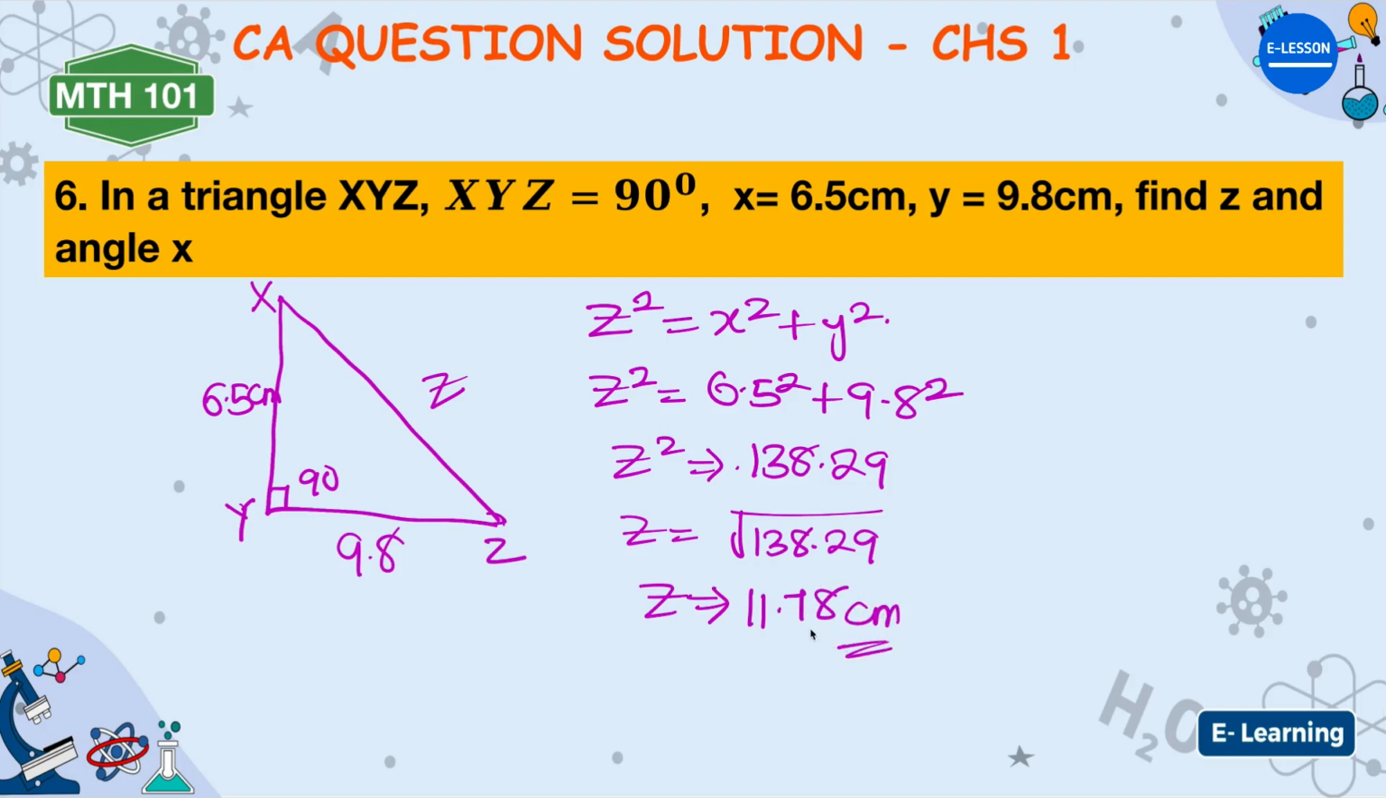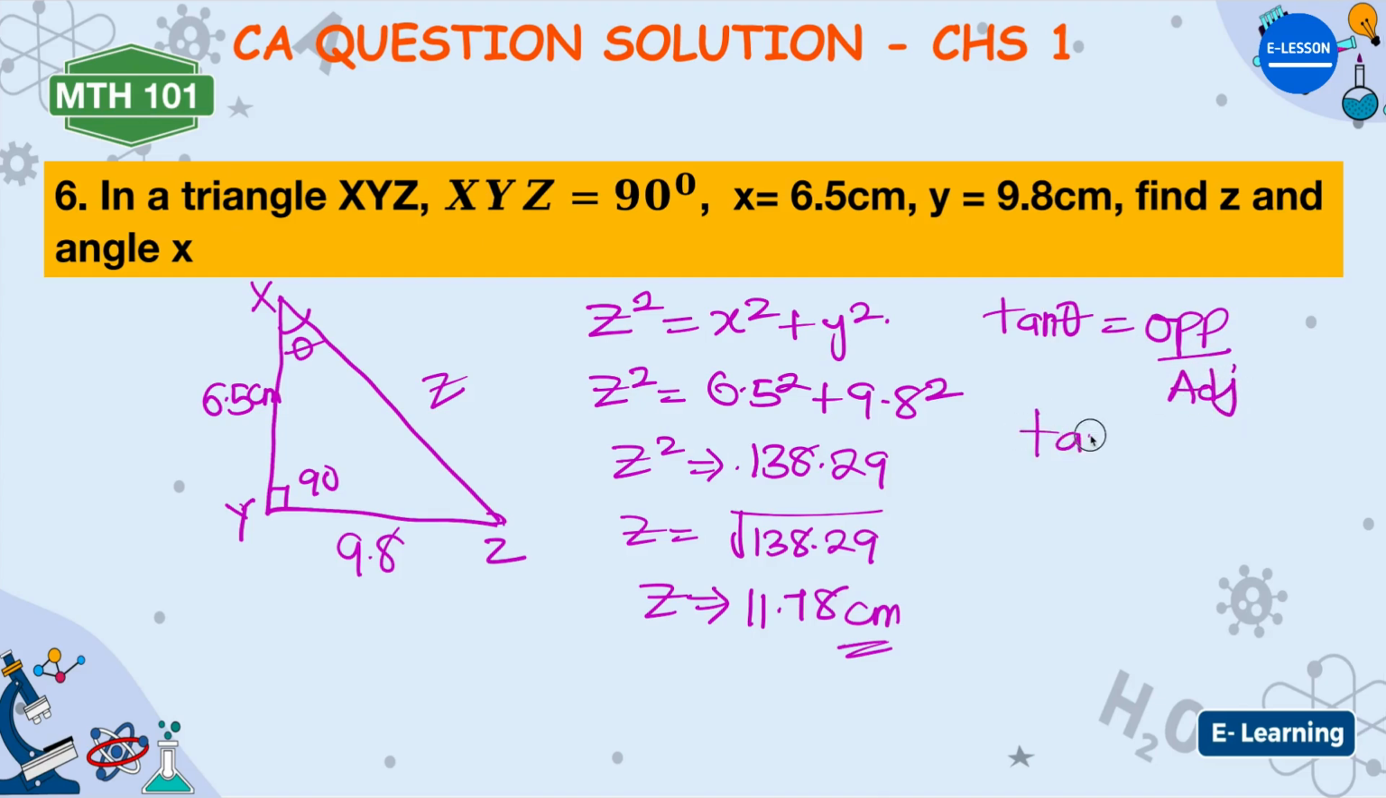Now, how do you get the angle X? The angle X is this angle here, theta. How do we calculate for theta? You have opposite, you have adjacent. So you can say tan theta is what? Opposite over